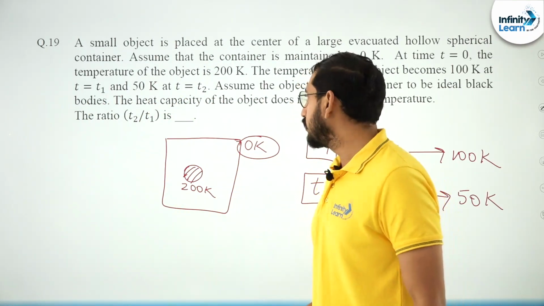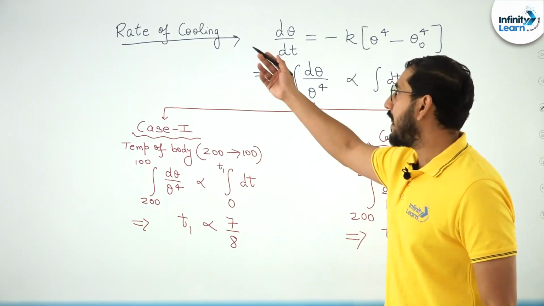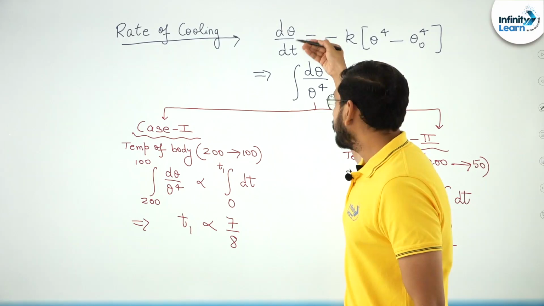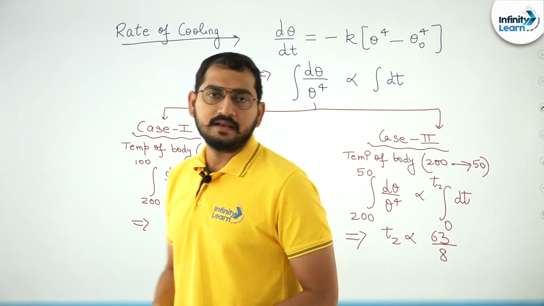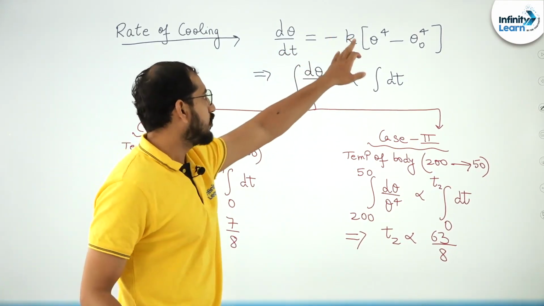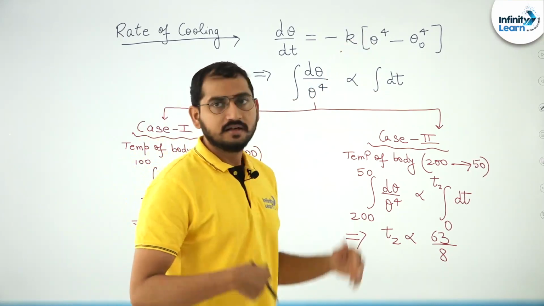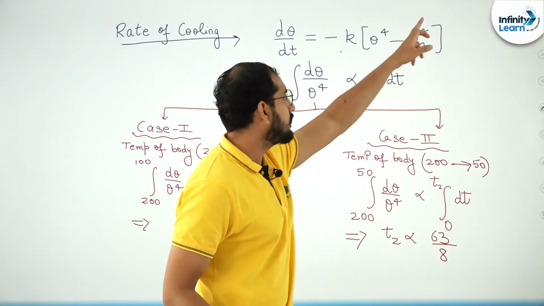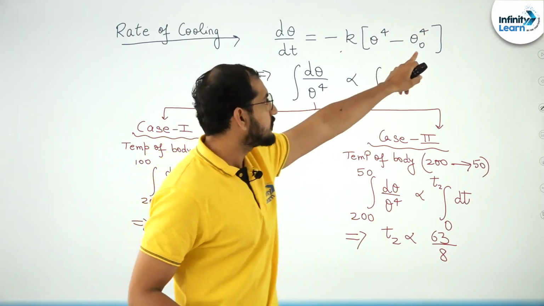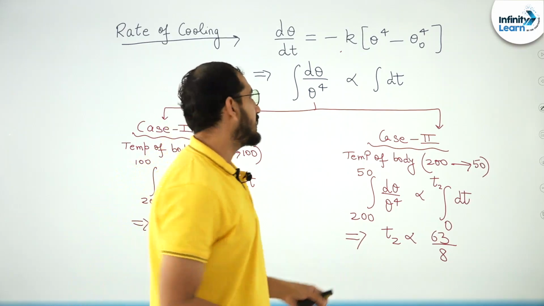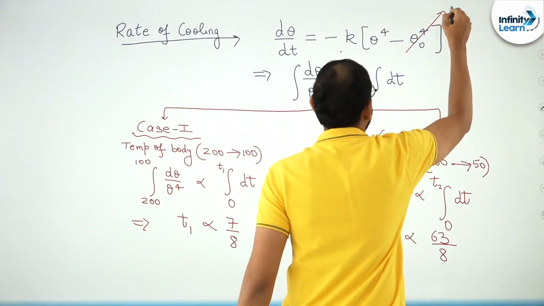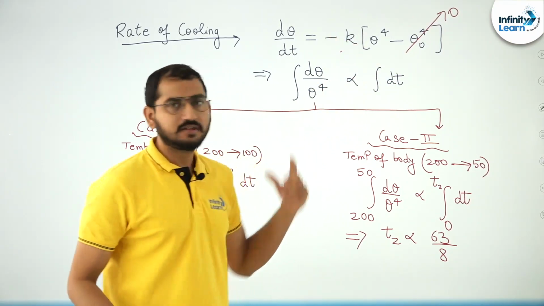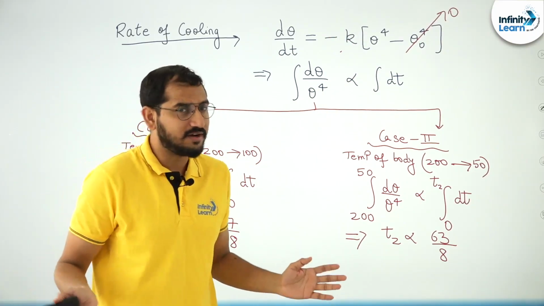Okay, so to do this, first I will go and apply the rate of cooling formula. Here the rate of change or the rate of drop of that temperature is basically equal to minus some constant values that will come over here. You can check with any textbook. All right, theta power 4 minus theta naught power 4. Theta naught is the surrounding container's temperature, that is given to us as 0 Kelvin. So this term will become 0, and we will now only work with the proportionality because we just need to find the ratio in the end.